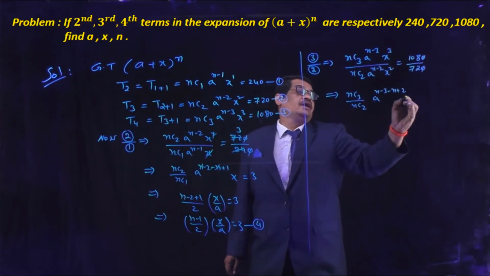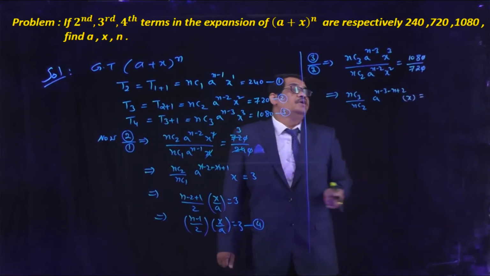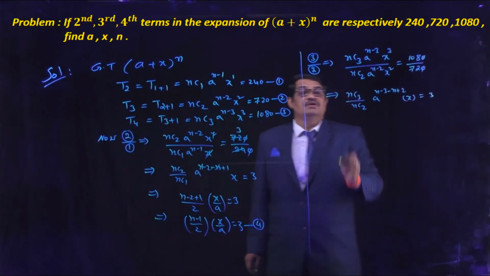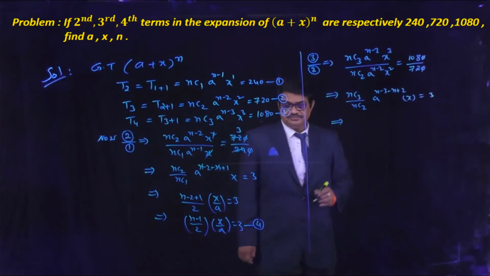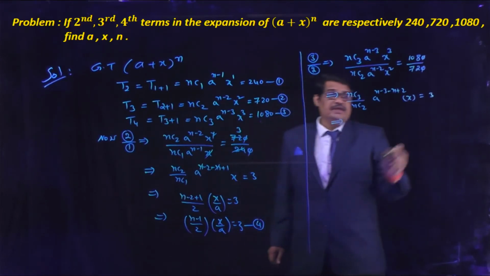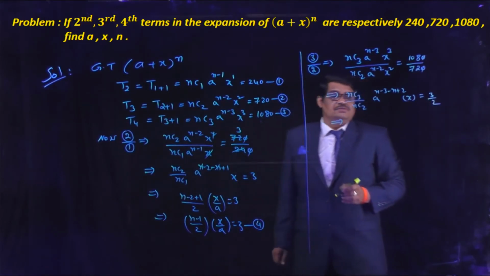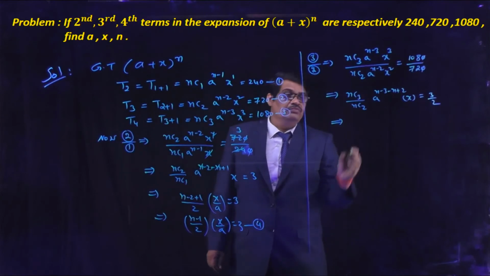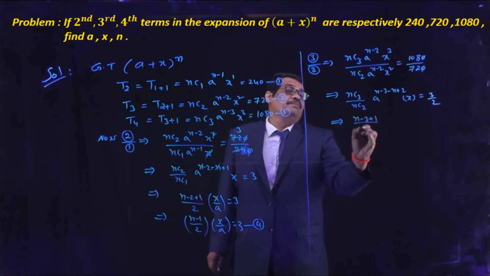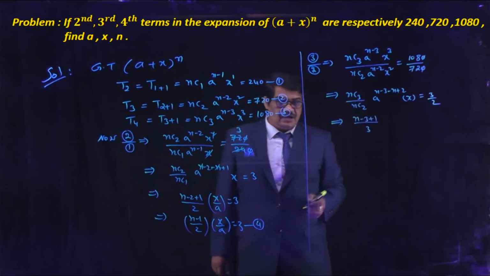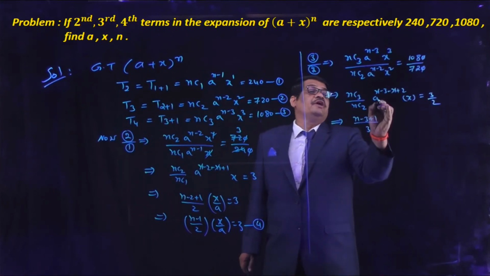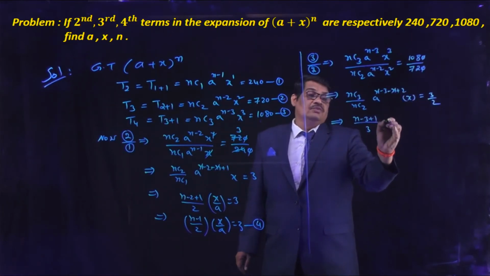Here x cube by x square, that is x, is equal to, here 72 three times will be cancelled. That implies we are getting here 3 by 2. So after simplifying we are getting 3 by 2. Here nC3 by nC2, that is (n minus 3 plus 1) by 3. Here we are using the nCr by nC(r minus 1) formula. Here minus n and plus n is cancelled. A power minus 3 plus 2, that is a power minus 1, that is x by a, is equal to